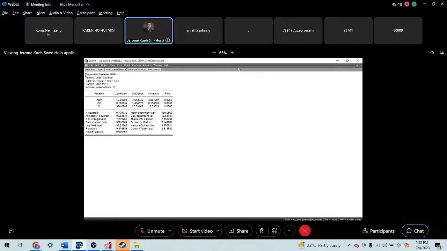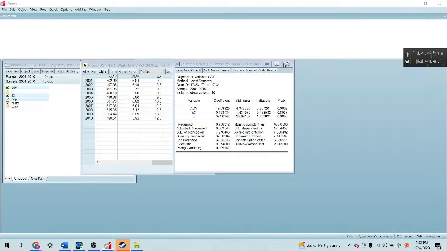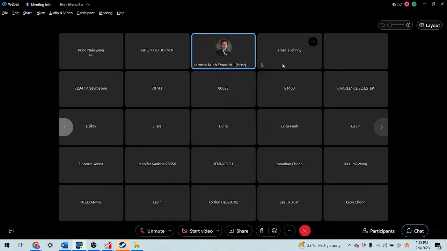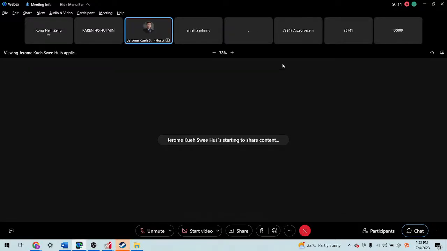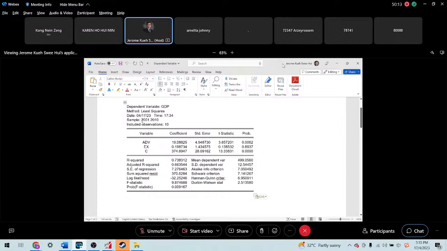So if you look at this result, let me transfer this one to reverse so that it looks bigger. Let me share the screen of these also words. Okay? So this is the result that we obtained just now. We just copy and paste and put it in the words so that it will be easier for us to discuss here. Look at it.